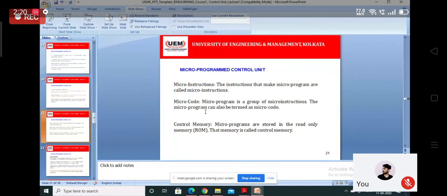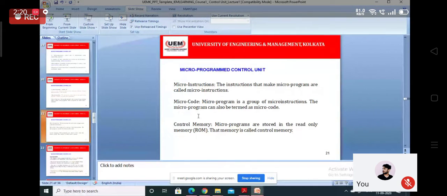One point that is very, very important: micro instruction, micro code, and what type of memory we are having. For control memory, we will always be using ROM, read only memory, and that is one extra headache. We have some primary memory, and apart from that, we will be using this ROM. We do not want too large a ROM, because the cost is going to increase.